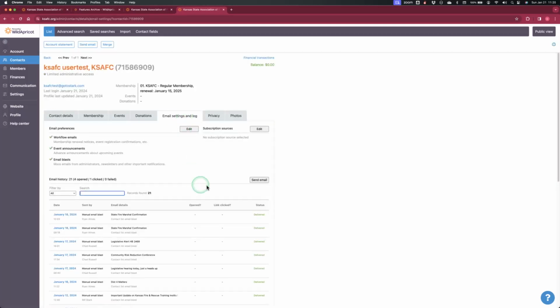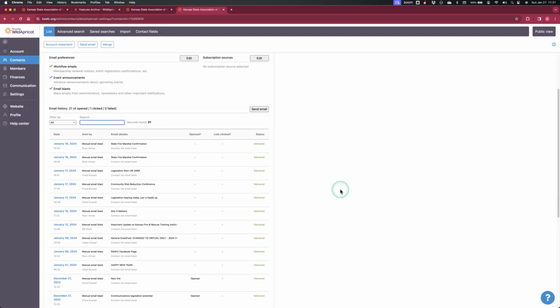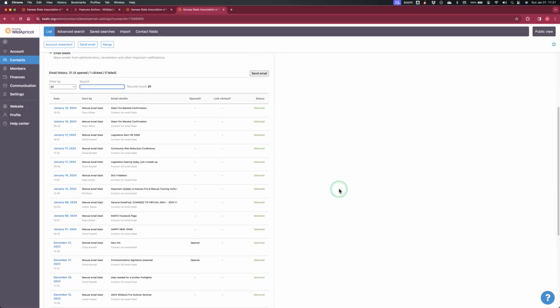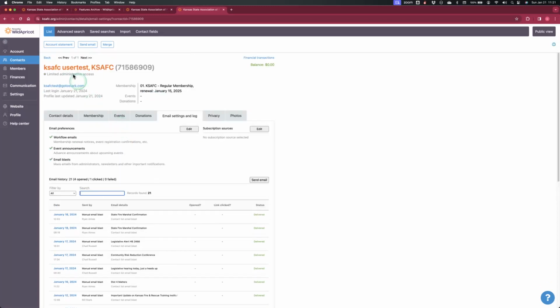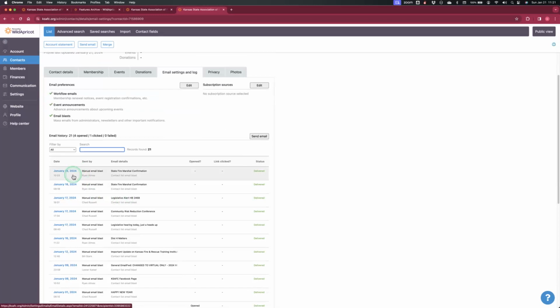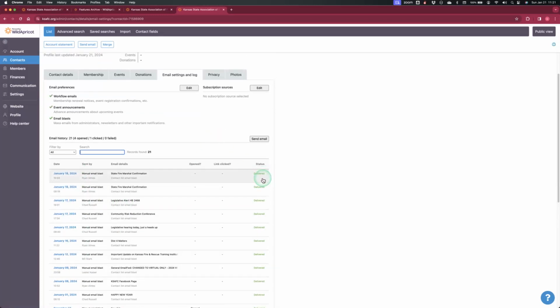Email settings and log. This is important. When I talked about why you might want to send from here, here's an example. Well, let's just do that. When you send an email, when we go to communications and do that section on a separate video, you'll see this. But you can go look at that member. We're looking at this test. These are all the emails they've received from the system. Tells whether it was delivered or not. If it wasn't delivered, it'll show up here as an issue,